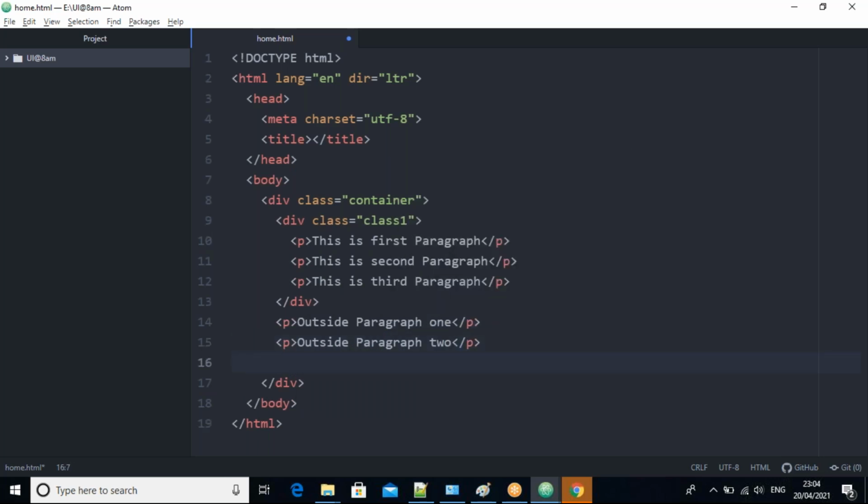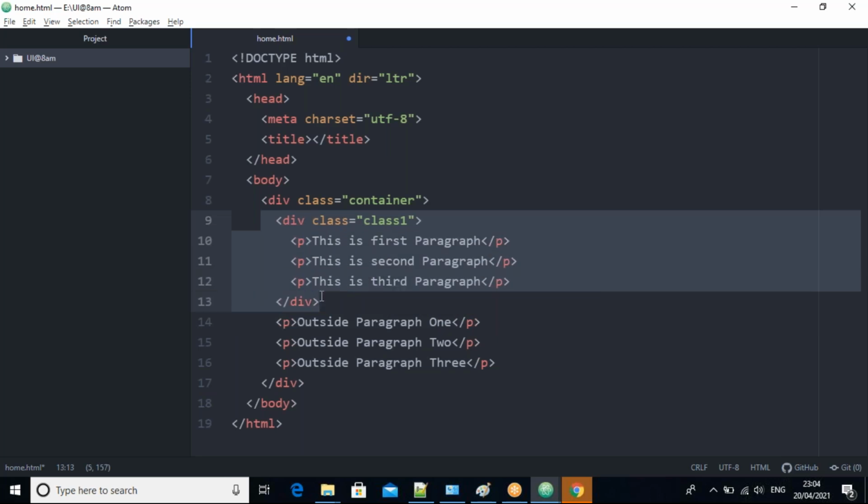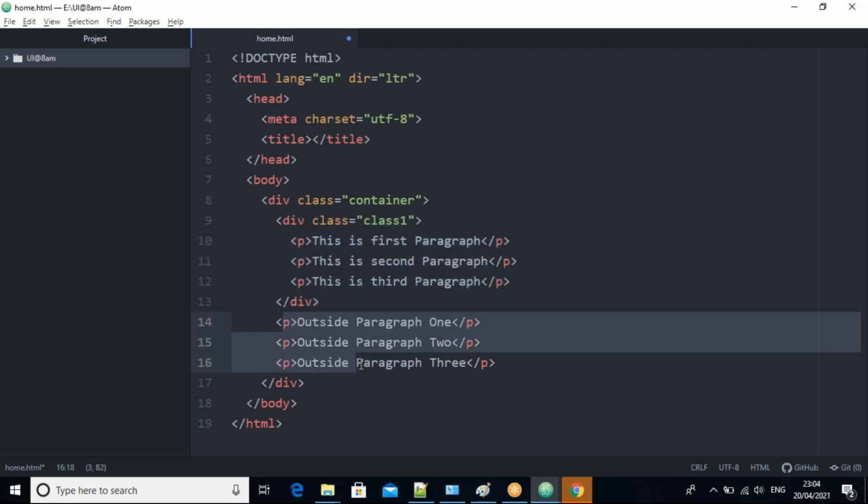I take the last one also, paragraph 3, like that. All of you observe, right? I'm taking three paragraphs outside the class.